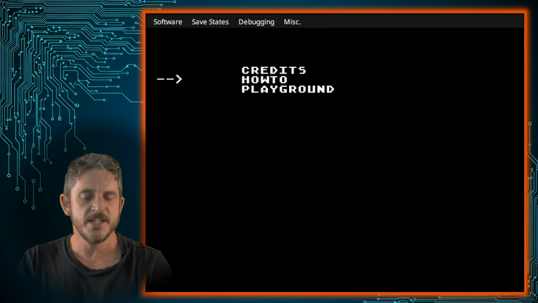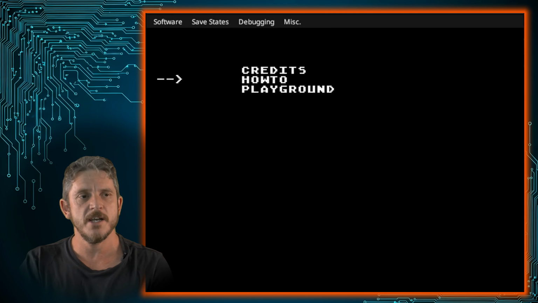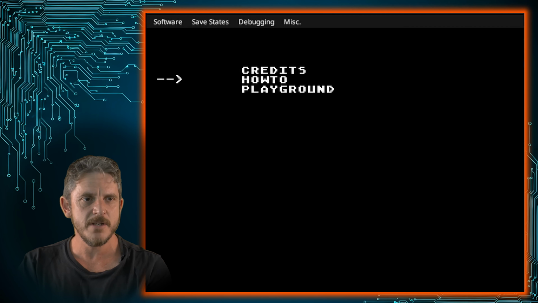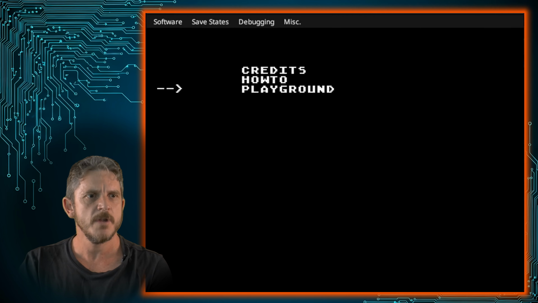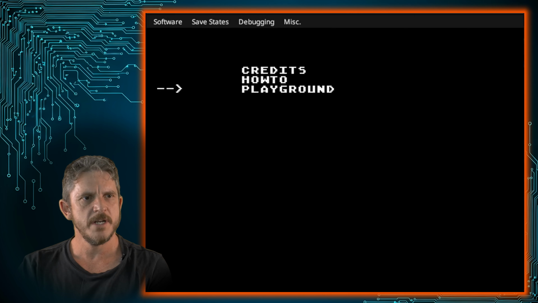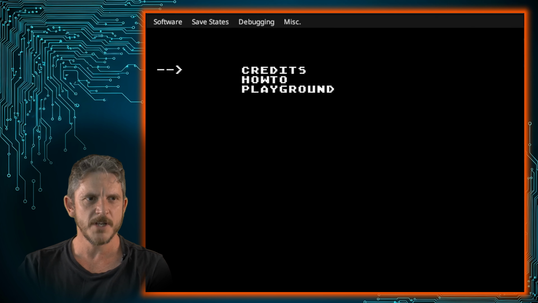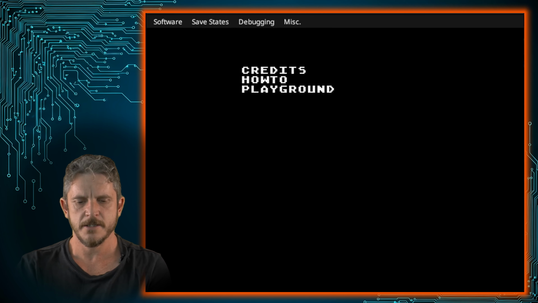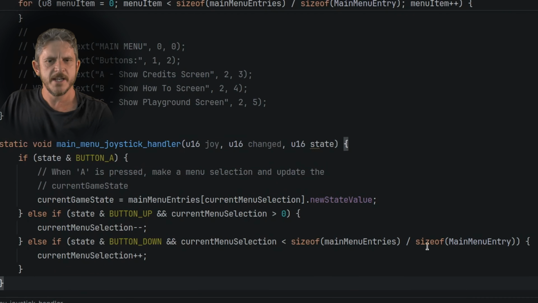And because nothing has changed the main menu's current selection value, when we go back out to the main menu, our selection has not changed. So we go down to Playground. Fantastic. So what we need to do is just handle the bottom of the code. We could also make that wrap around if we want, but let's close the emulator there and come back over to the code editor,